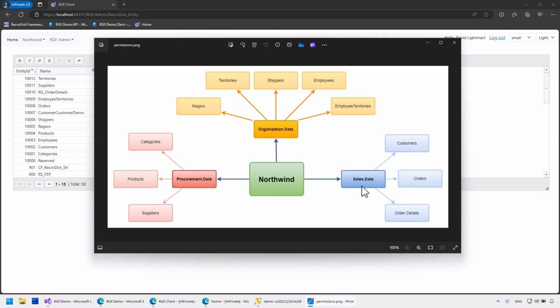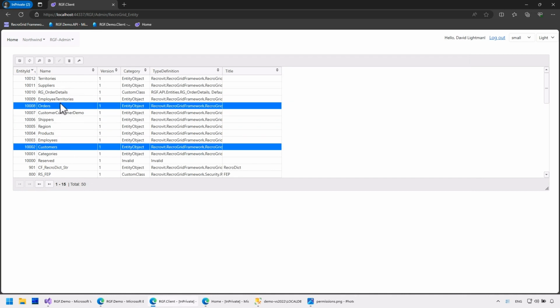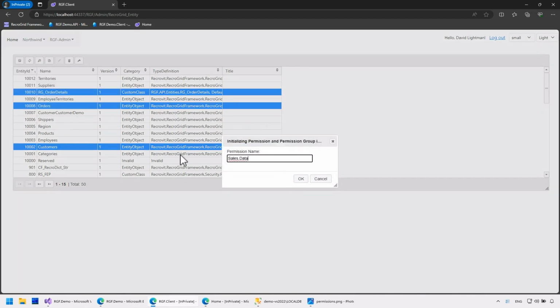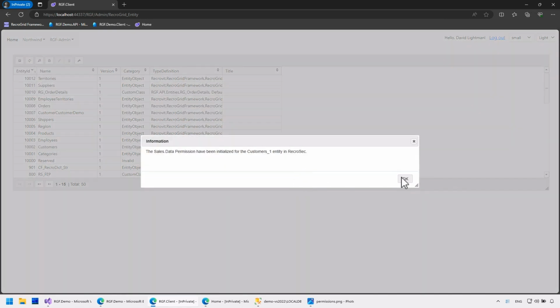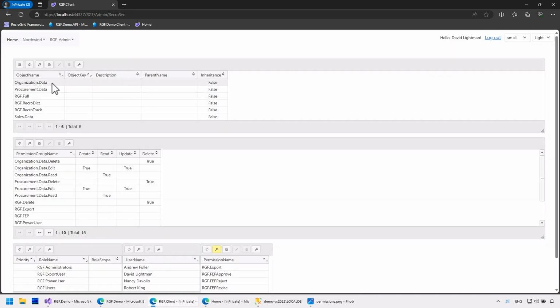Customers, orders, and order details go into sales data. Now all entities have available permissions.